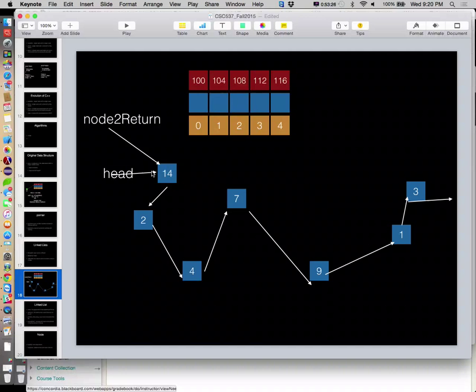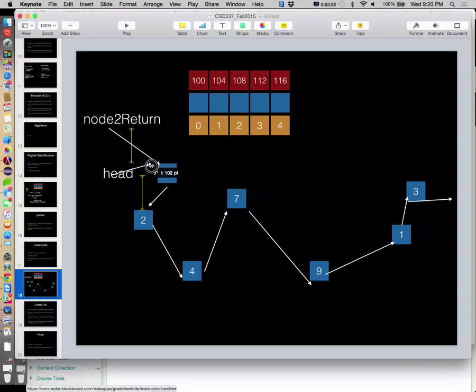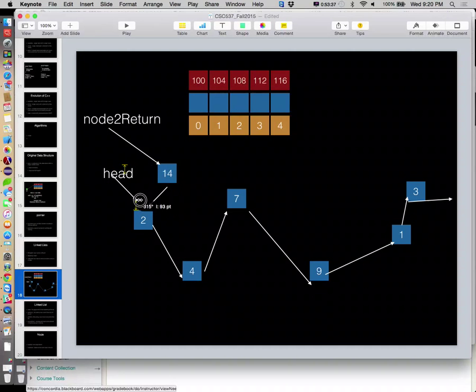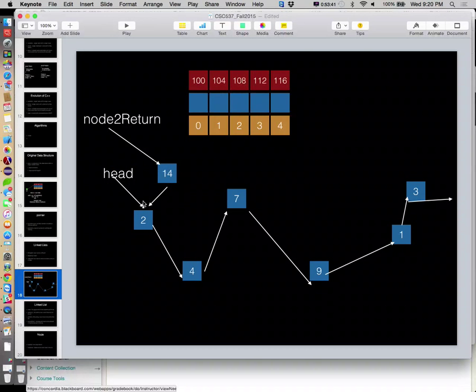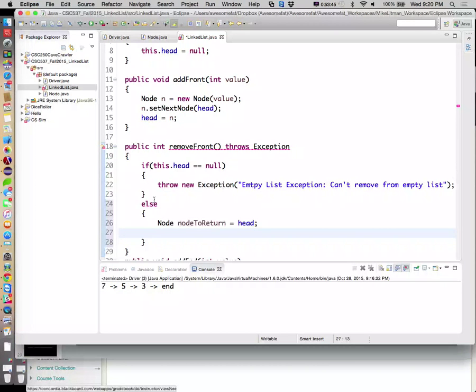Now, I can set head equal to node to return dot next node, or I could set head equal to head dot next node. Same thing. So I ultimately want to do this move right here. Okay, so we're going to say head equals head dot get next node. That'll move head forward one thing.